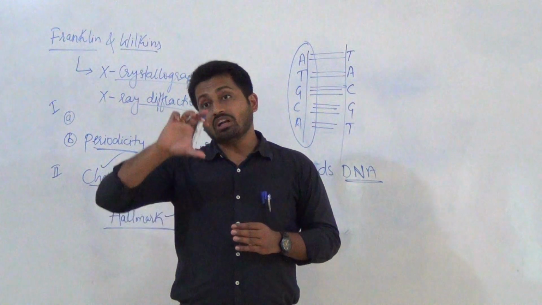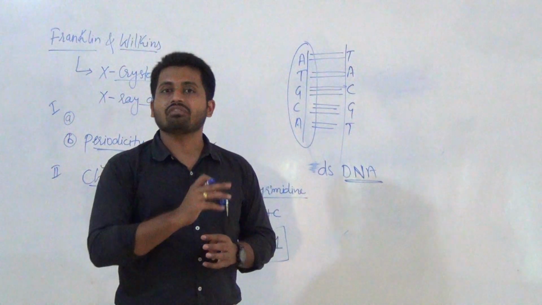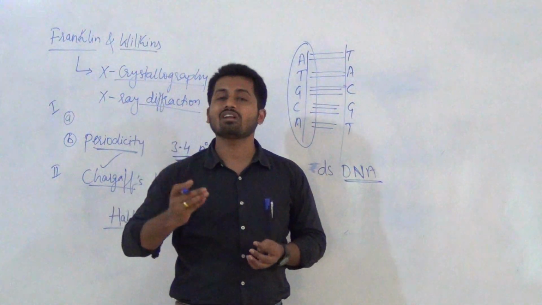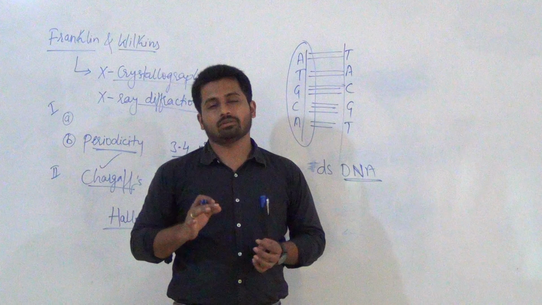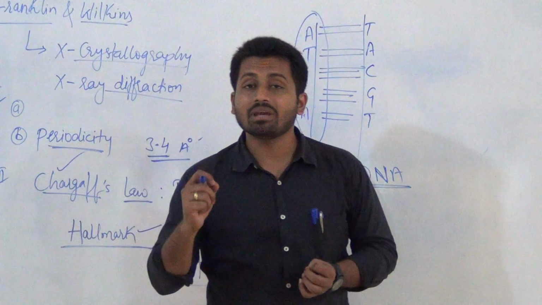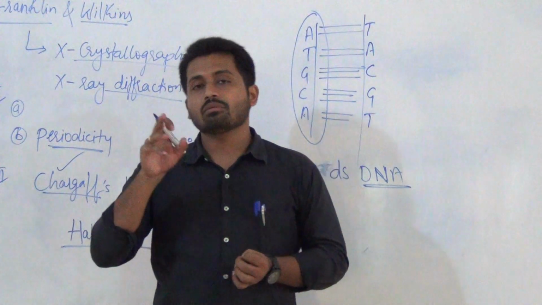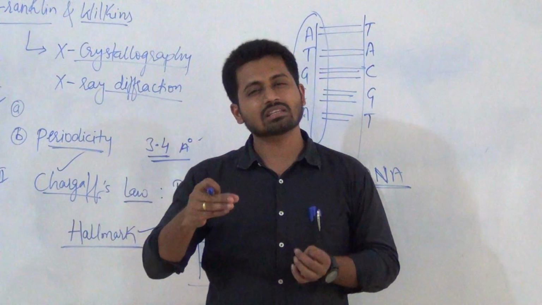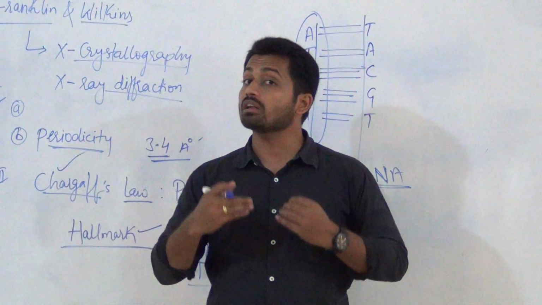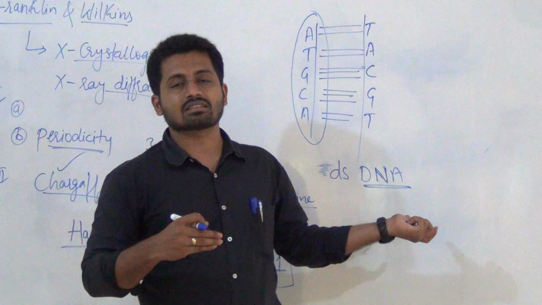Again, one complete turn of DNA is called the pitch of the helix or pitch of DNA, which has a length of 34 angstrom or 3.4 nanometer. In one turn, how many base pairs are there, friends? That is 10 base pairs. It means the distance between each base pair is 3.4 angstrom or 0.34 nm. We discussed all these things in yesterday's class, and based on that we also calculated the length of human DNA.